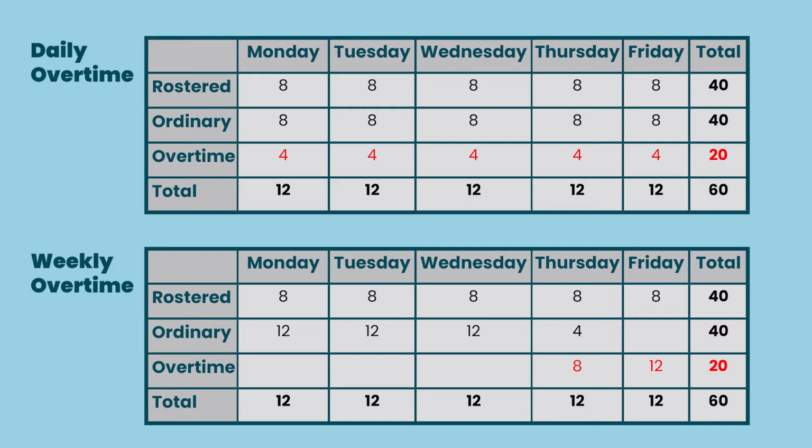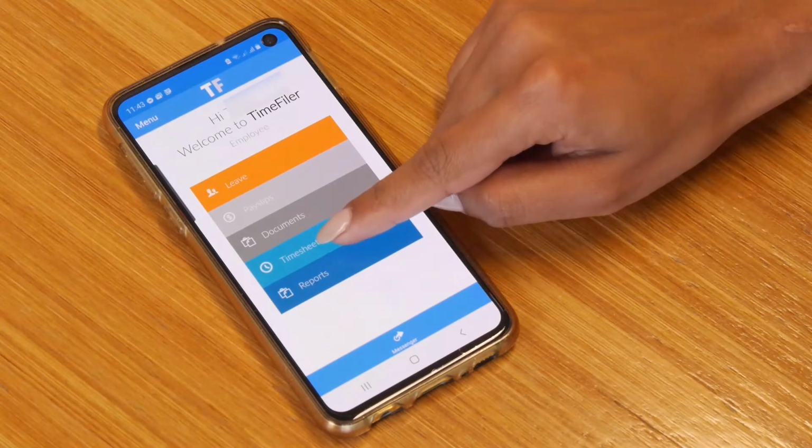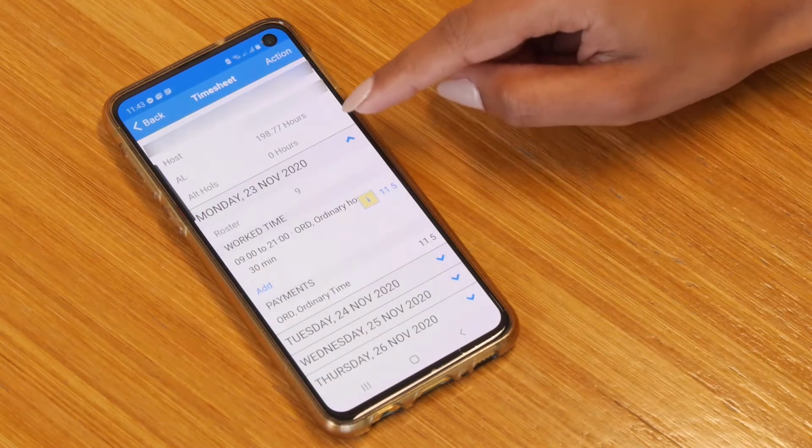If you are paid overtime on a weekly basis, this means you will need to work all of your weekly rostered hours before overtime is paid. As soon as you reach your rostered hours for the given period, then any time above that is counted as overtime. For weekly overtime, as soon as you reach the limit for your rostered hours, all further time will be